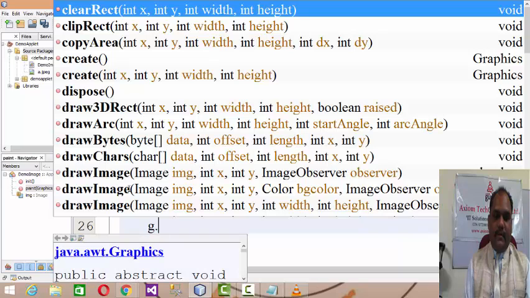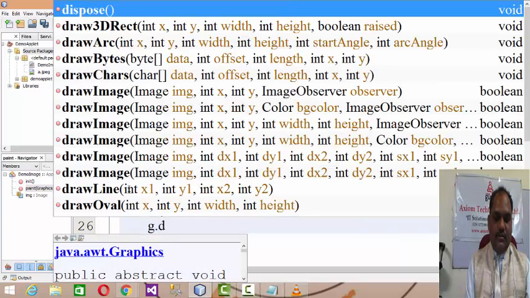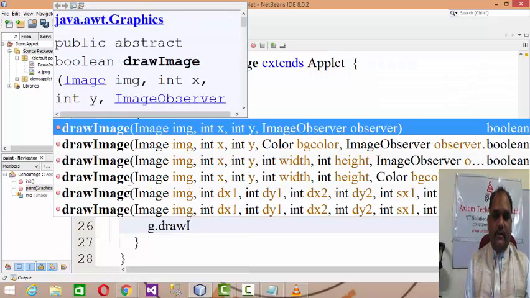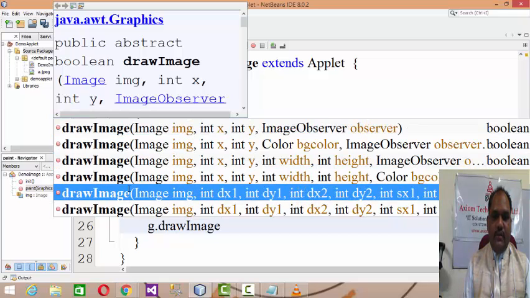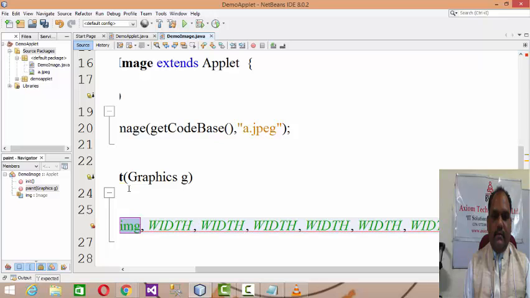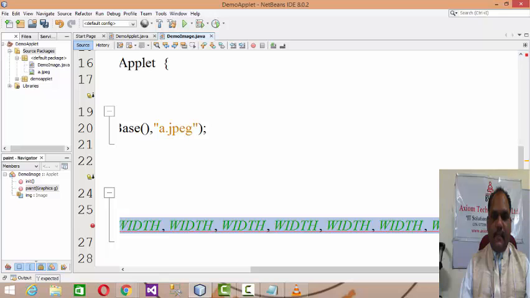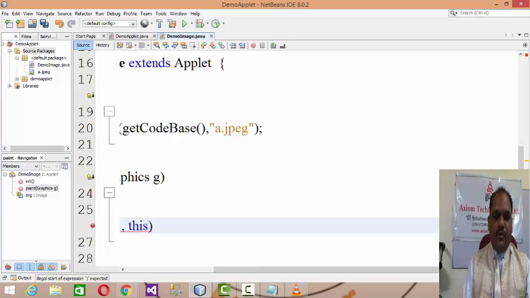Graphics will provide you the drawImage method. There are a lot of overloaded methods. You can pick any one, let's say drawImage. You give the image object, and then you can specify the x, y.